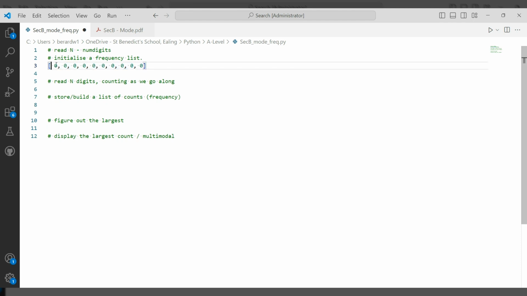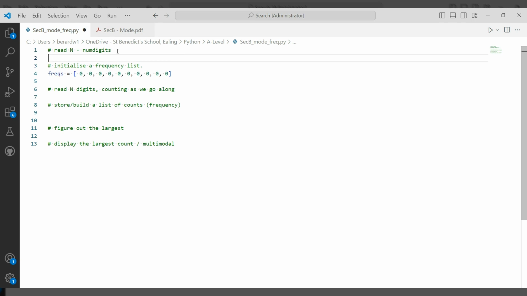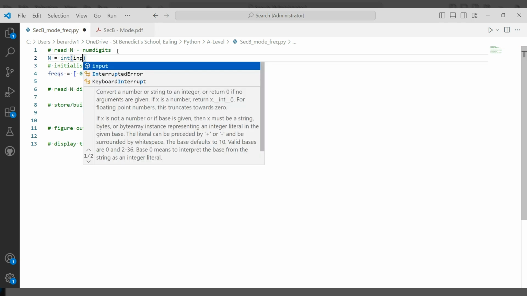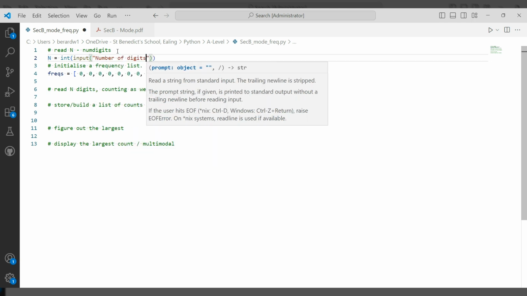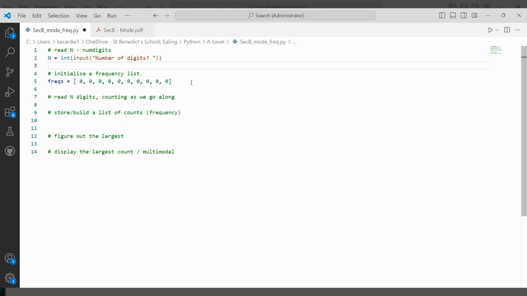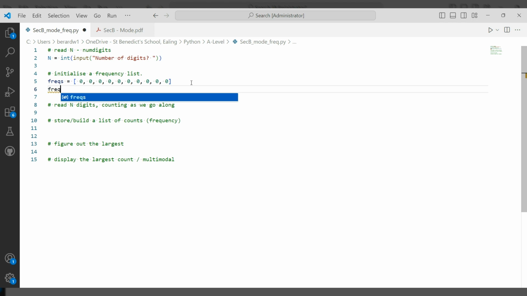Which means that if I say freq equals this, we're also going to say n is equal to int input, the classic int input that people know from year 9, and it's number of digits, question mark, space. We get this frequency list, and that means that if I do freq 0, that's this number, and this could be my counter for the number of zeros. So essentially I've got 10 variables, and I've got a neat way to access exactly which variable I want to change